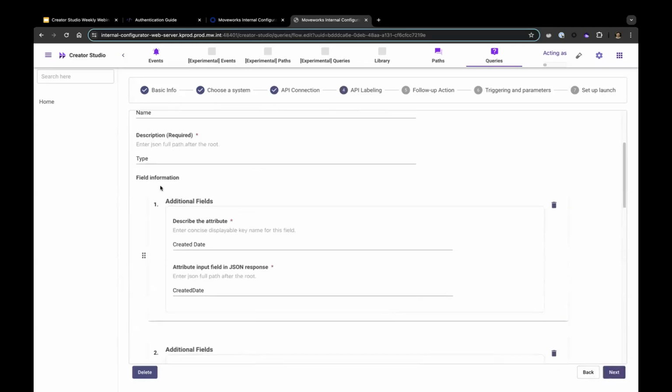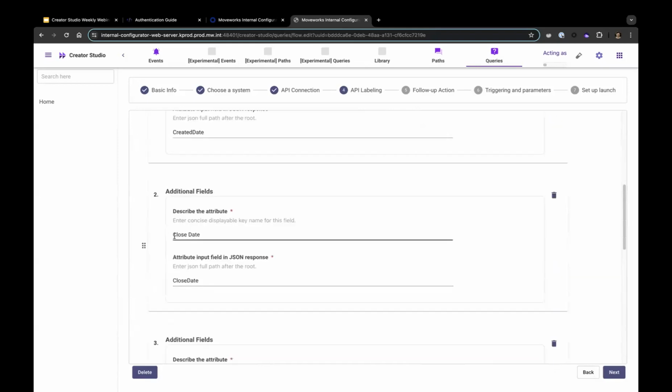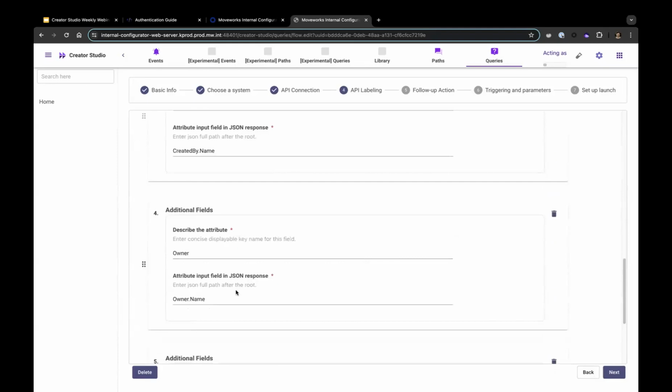The next step is what fields are coming from that record that are additional. So again, you'll notice that in that original use case, you're only seeing the description and name of the record. We want to be able to pull in additional record information, though, in case the user has a follow-up question or wants to know more about it. So in this case, I've added a created date, a close date, created by, and owner,